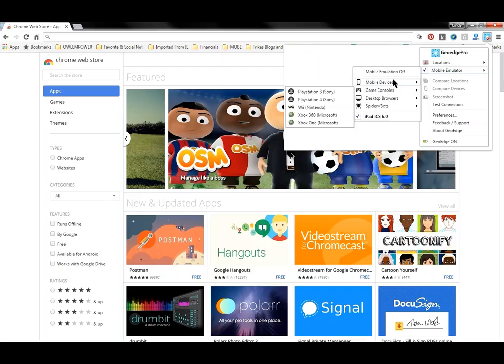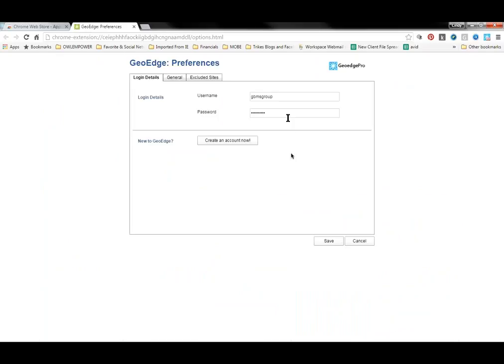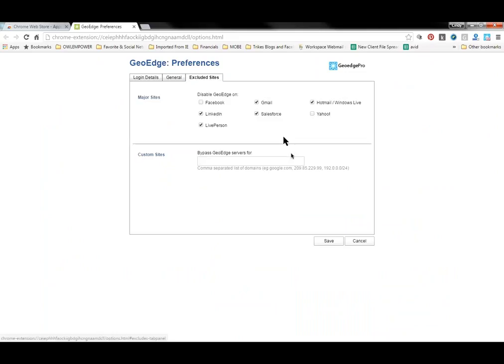And then, as I said, the one other thing, if you go to preferences from the main, yeah, you can exclude certain sites. So, like your Gmail and other things, go ahead to excluded sites, the tab at the top, and you can choose. It actually gives some defaults like Gmail, probably Facebook, yeah. So we don't do anything in these, right? So we don't want a live person, LinkedIn. These are the major sites you want to not geo-look at. Those are the defaults. You don't have to, but they're recommending them, and then you can add others.